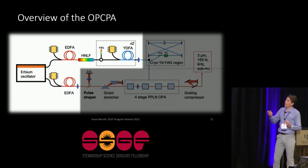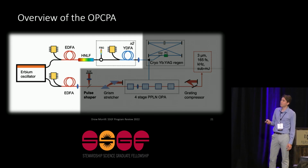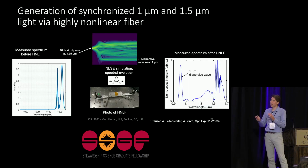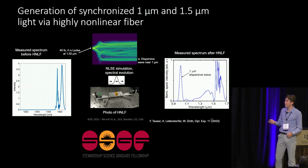Okay, so I just want to finish by talking about what I think is one of the most interesting parts of the system, which is actually the front end. So I've mentioned that we use telecommunications technology where we generate light at 1.5 micron, and then we shift it to 1 micron. The way that actually works is through this highly nonlinear fiber, where we send in a femtosecond pulse into this fiber that has a lot of nonlinearities, and you generate a dispersive wave at 1